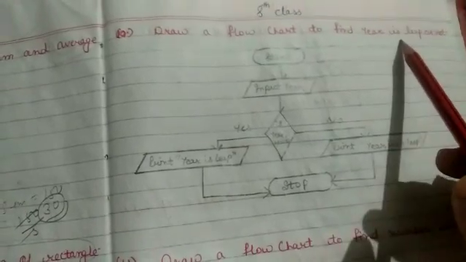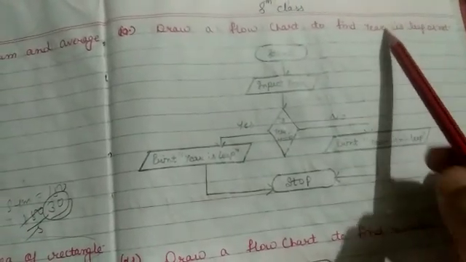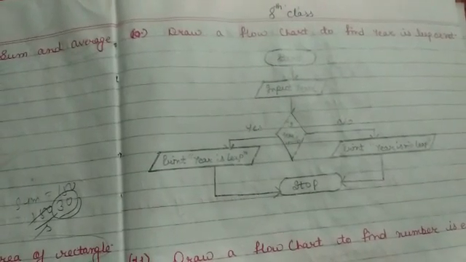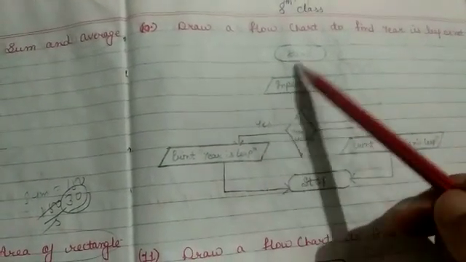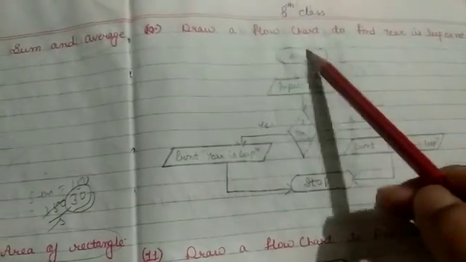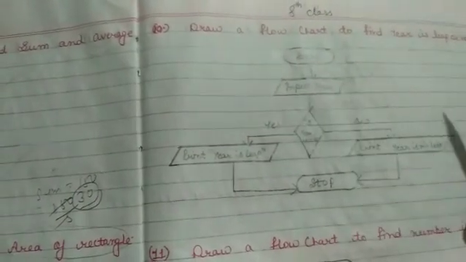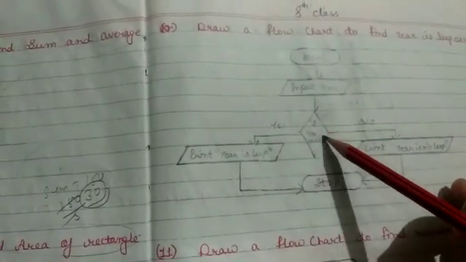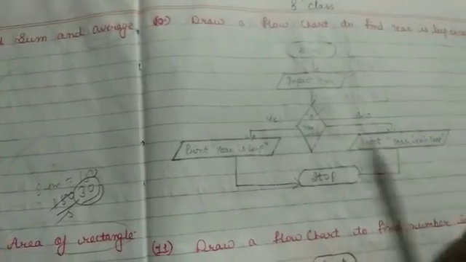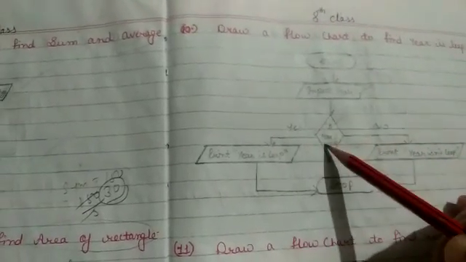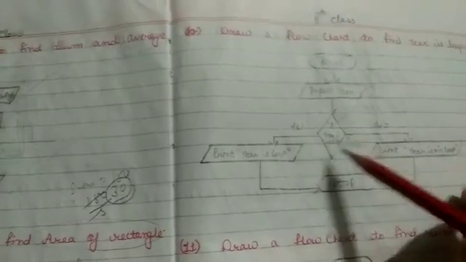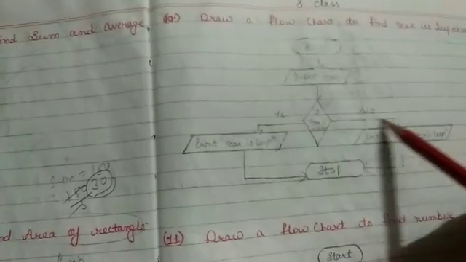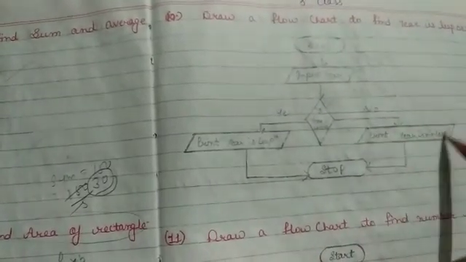Next is to draw a flowchart to find whether the year is a leap year or not. When do we say the year is a leap year? When the year is properly divisible by 4, it is called a leap year, otherwise not. So how can you make the flowchart? Start symbol, input year, just one variable we will take, and using a condition statement we will check now. If year modulus 4 is equal to 0, meaning the remainder will be 0 when you divide the value of year by 4. If yes, then the year is a leap year. If it is not properly divisible, if no, then print the year is not a leap year.